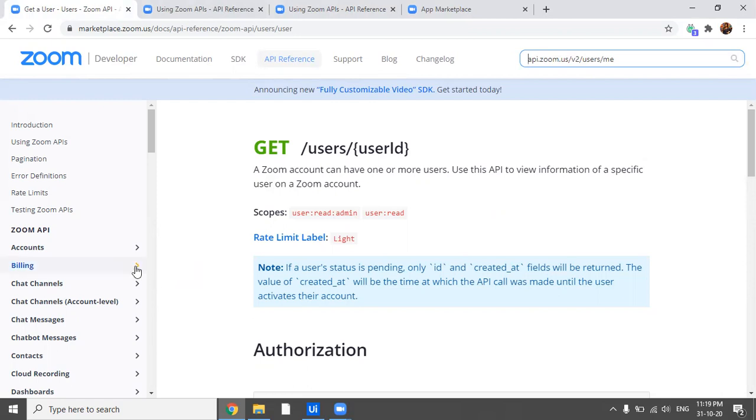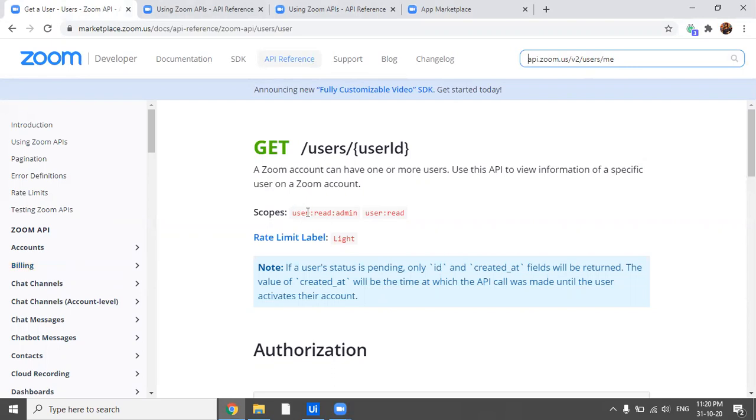And also, as I told you, it's application dependent, it could be that the API is exposed to public use and it could be not. So there are, I think, 5, 6 APIs of Zoom which are available for public use. You can send your request or hit that API and you can get the response. So this is one of their APIs.